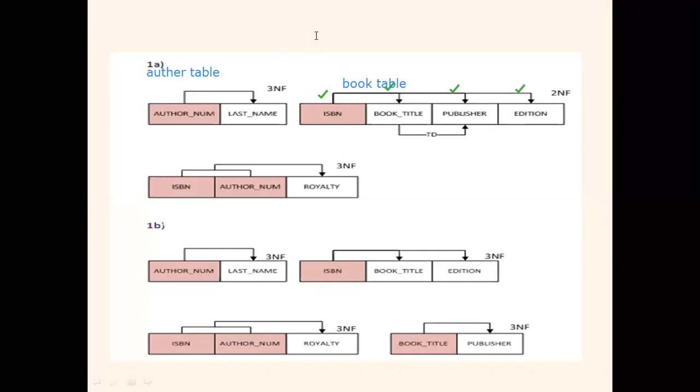So what do we have here? We have a royalty table. So here we have three tables: author table, book table, and royalty table. With the help of these two, that is the primary key of the author table and the primary key of the book table, in a combination, that makes a candidate key, and with the help of the candidate key we can manipulate